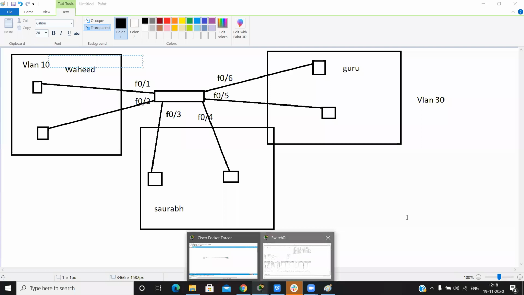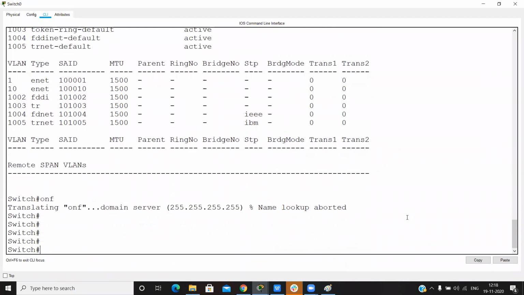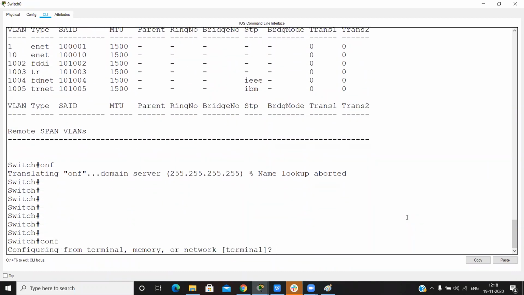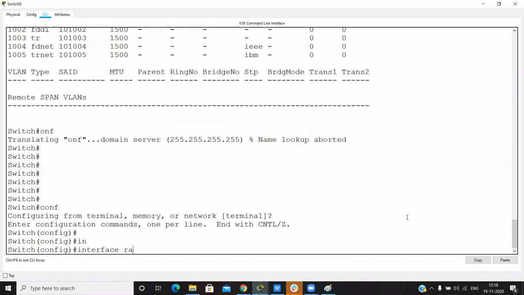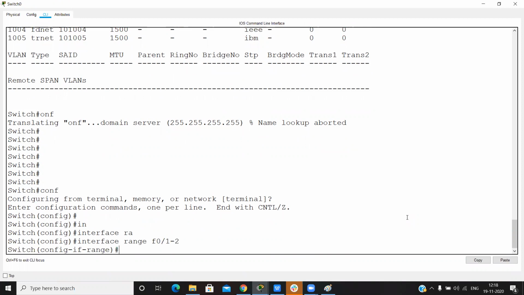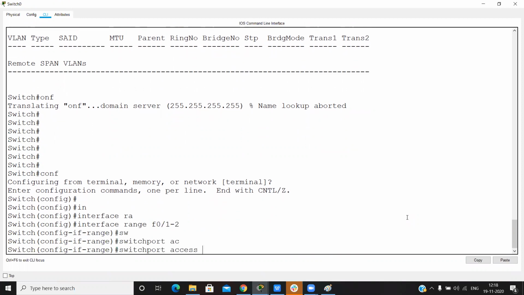Go into global configuration mode and give the command interface range F0/1 to 2. Then switchport access vlan, and here we can only give the VLAN number.